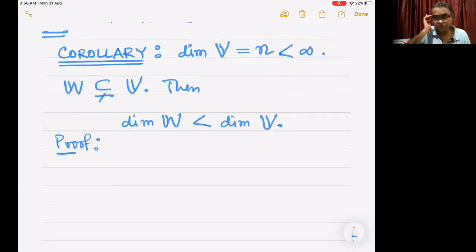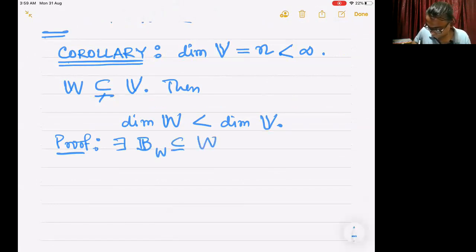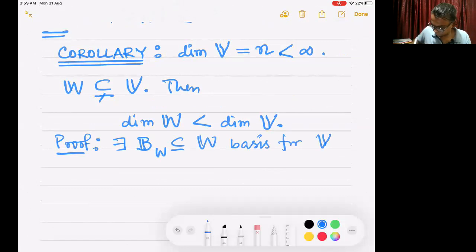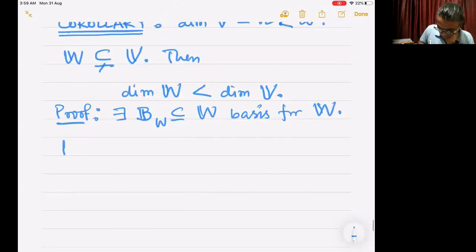Once again, because V is finite dimensional, there exists a basis BW for W,